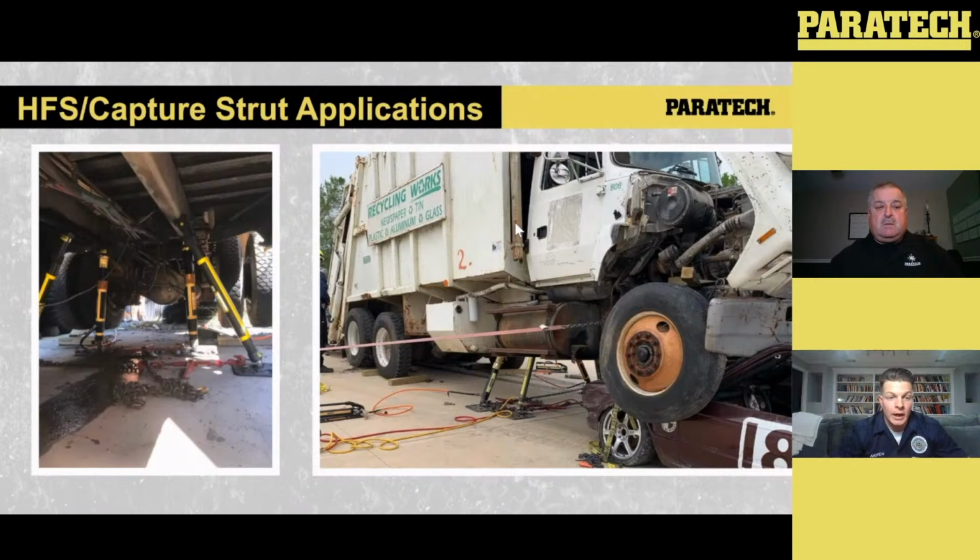You've got to get your hands on it and play with it to figure out where those scenarios are. Set up, on the left-hand side, what you see is we have the HFS sitting pretty perpendicular. There's a little bit of an angle on it, like I said. But again, those HFSs, you can see they're going to be utilized for a lift. We have chain and binders down there to attach those bases together, essentially making sure that horizontal play is pretty stout. And then in front of the HFSs on that left-hand side picture, we have the Gray Series struts